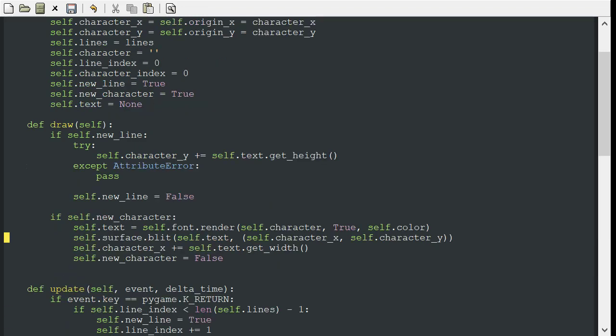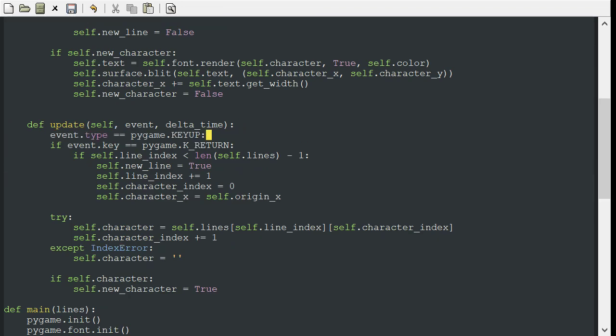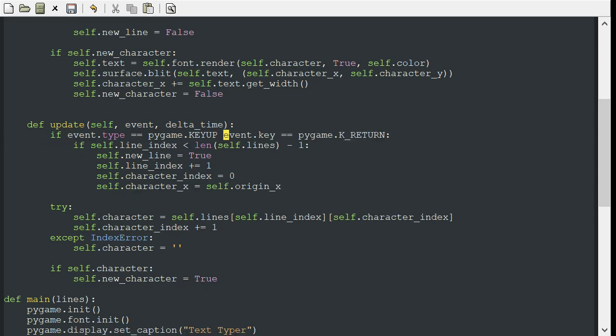So effectively there's two events that we are actually processing. There's a key up event and the return key is hit. I want to do this stuff. Otherwise,